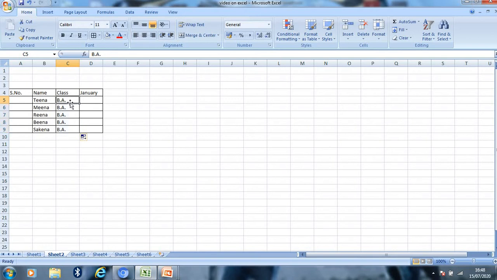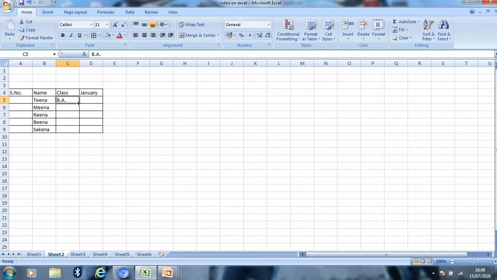So we can do it again. I can show you again how we will do it. Let's say we have typed BA here, for example, and then place your cursor in the right below corner of the cell.